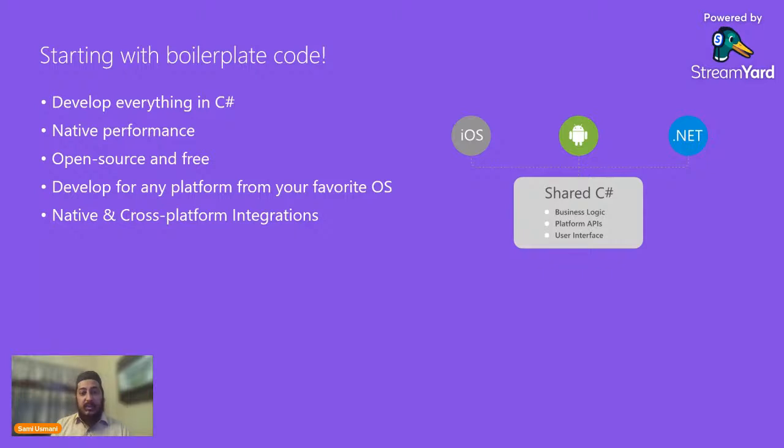The second concern people have is that it is a cross-platform framework. How will it cope with the performance? So you will get native performance because, as we saw earlier, we have Xamarin Forms, and Xamarin Forms translates all the code into operating system level code. So we get native performance levels, native controls, native speeds of the application.